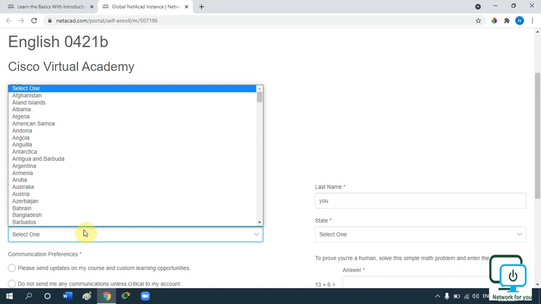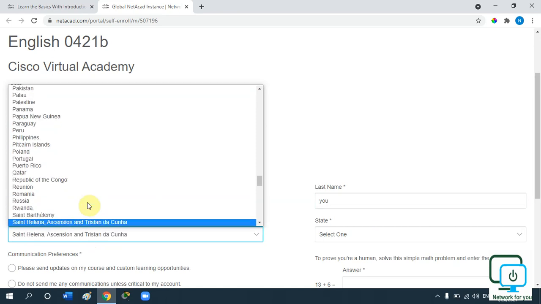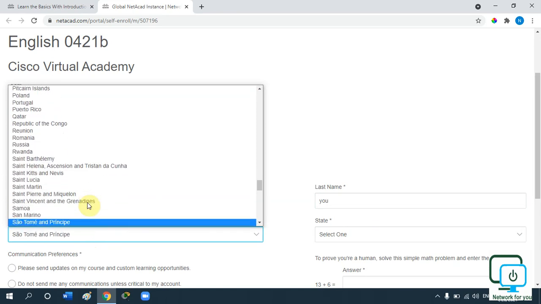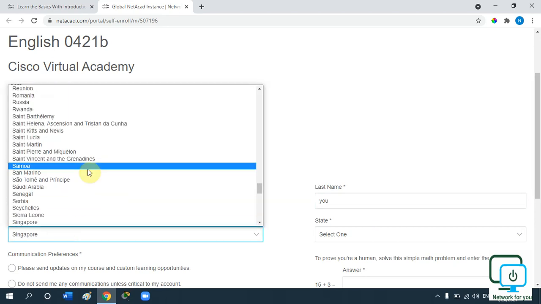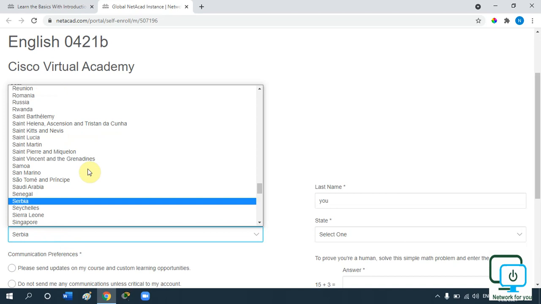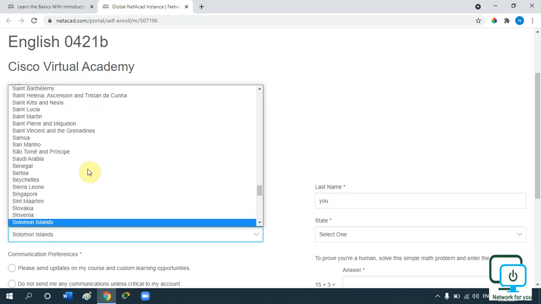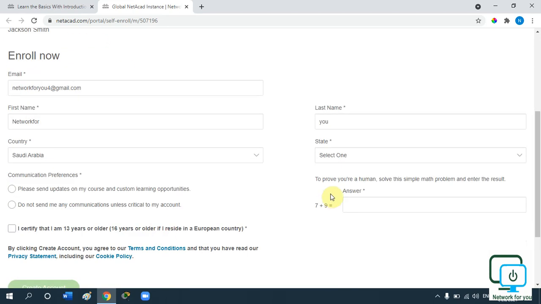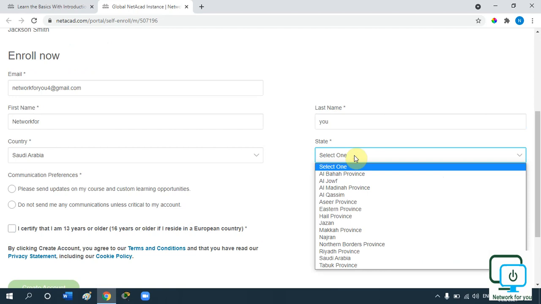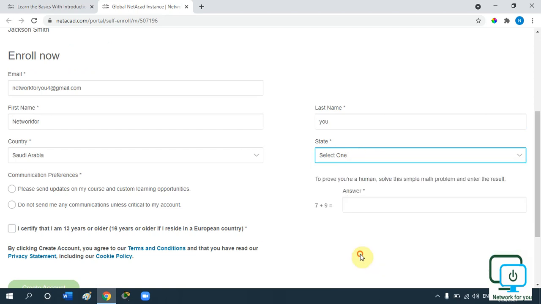Okay, and after that, which country you are in at present, you can select any country. I am here in Riyadh, Saudi Arabia, so I will select Saudi Arabia here. You can select whatever country you belong to or are working in. Let me select Saudi here. Yeah, so I will select this one. After that, here they will give the region. So I am in Riyadh, so I will select Riyadh.